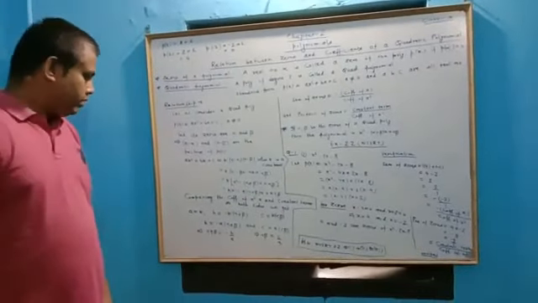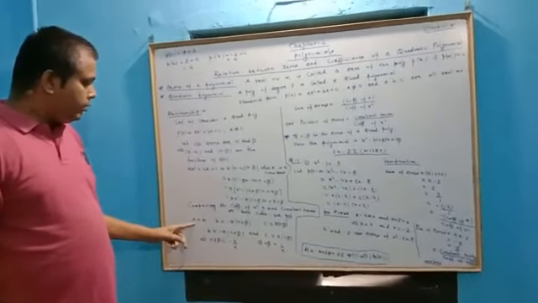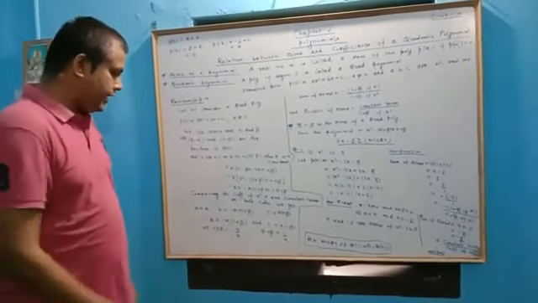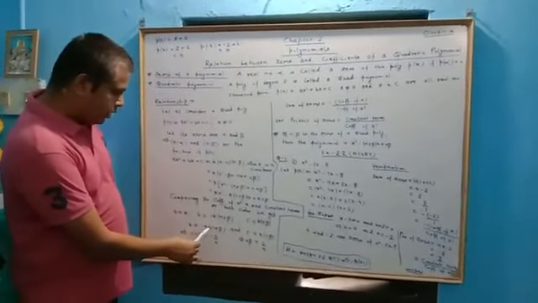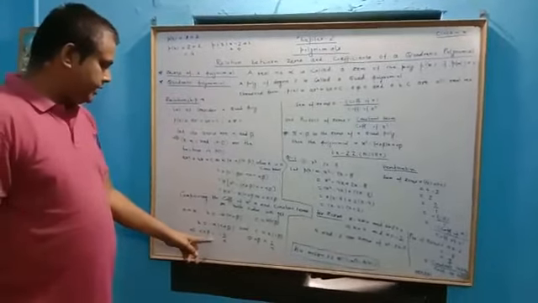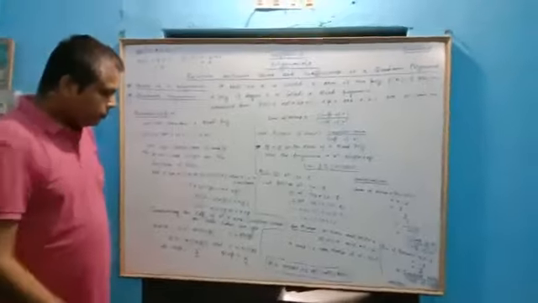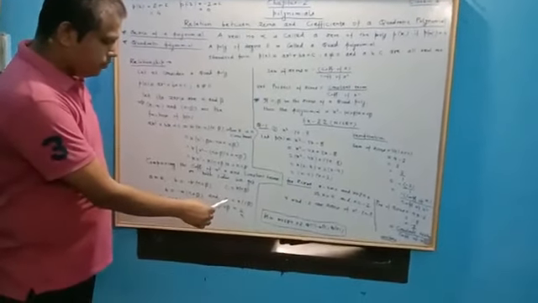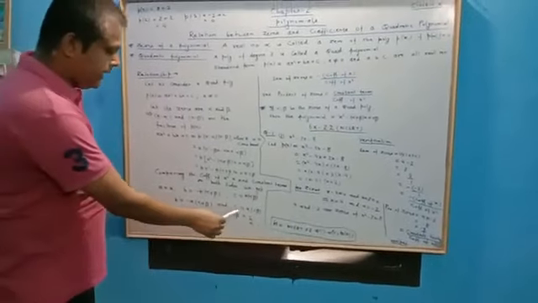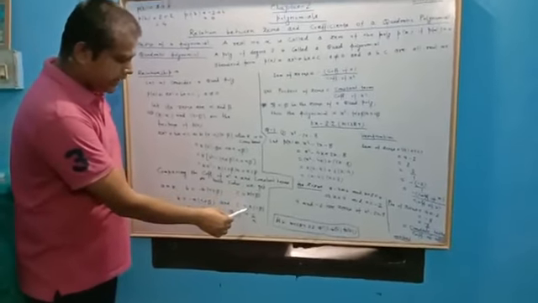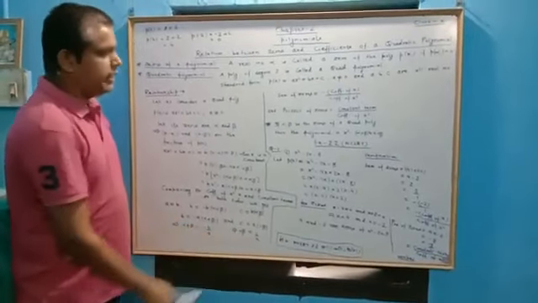Now here we see that we have k equals a. So we put this value k equals a here. Then b equals minus a into alpha plus beta. Therefore alpha plus beta is equal to minus b by a. And again at last c equals k into alpha beta, and the value of k is a, so put k equals a here. Then we see that alpha into beta is equal to c by a.